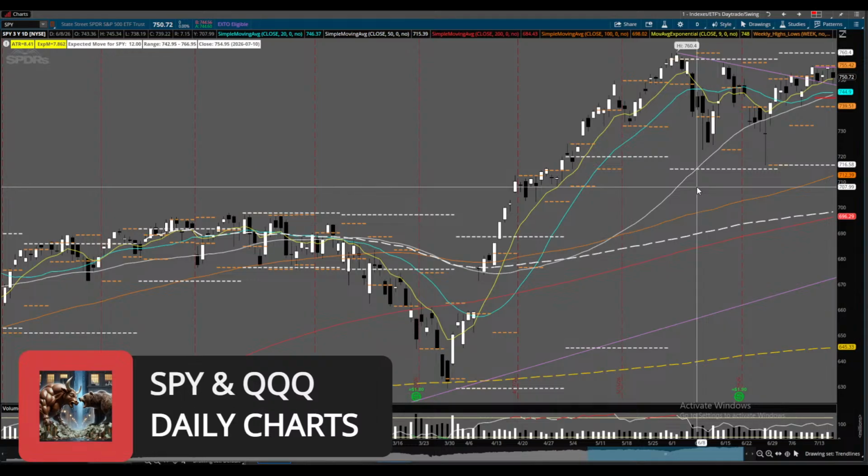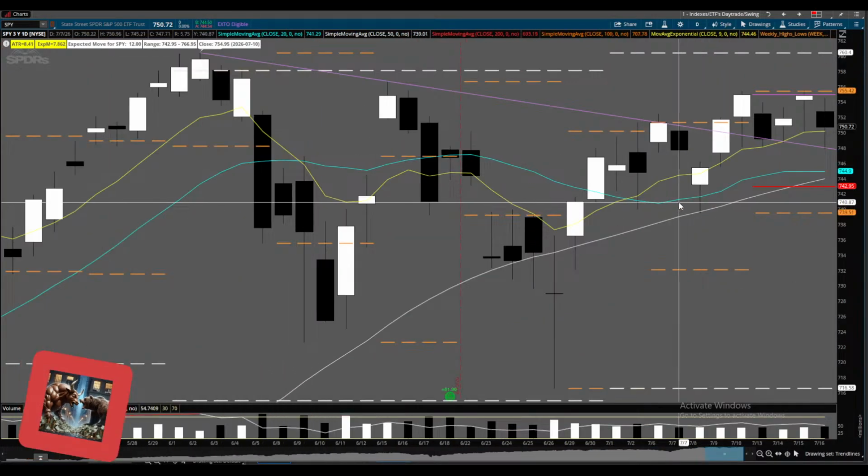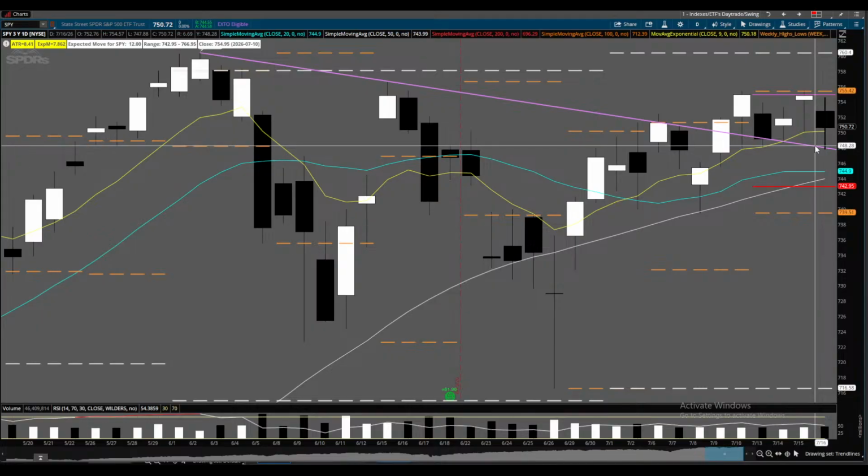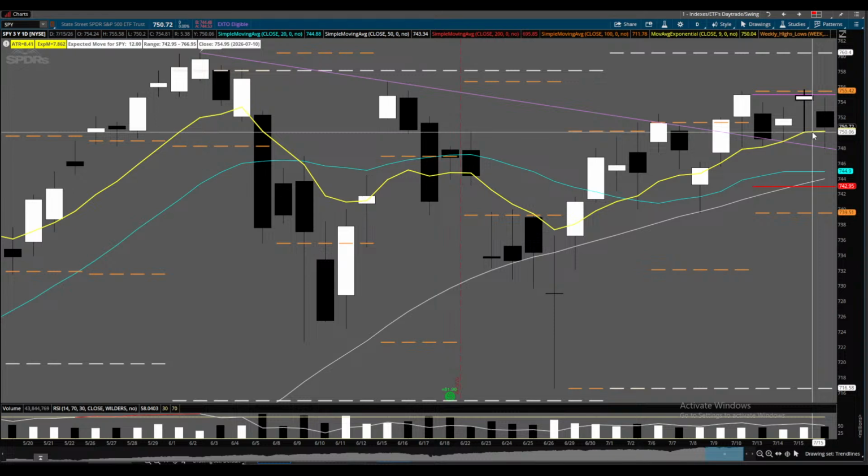Alrighty. Just want you to notice something here, because if you look at a small time frame on the SPY, it could make you feel like, oh my God, this is so bad. Look at the SPY daily chart. You kept in this balance area. You even closed, like, there is nothing about this that is bearish. You closed above the 90 MA daily. You're still above the 20 and the 50.